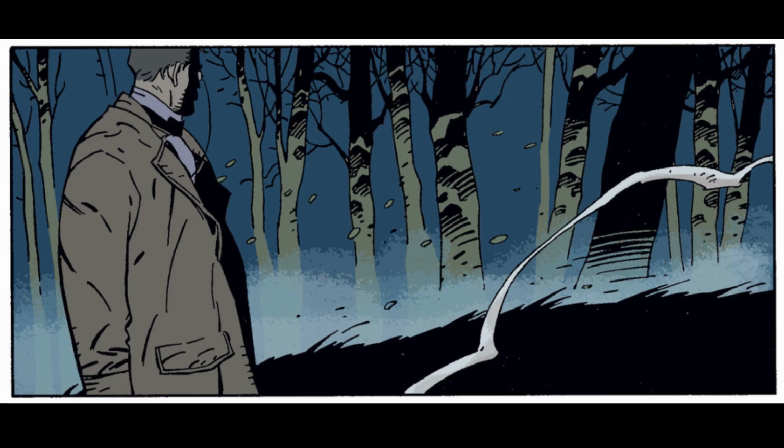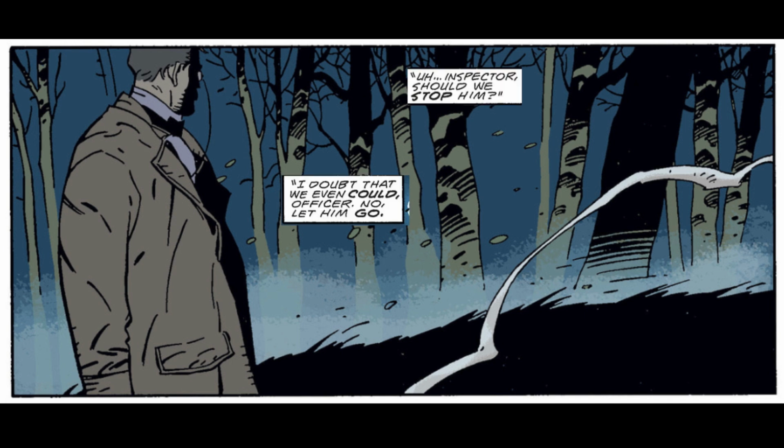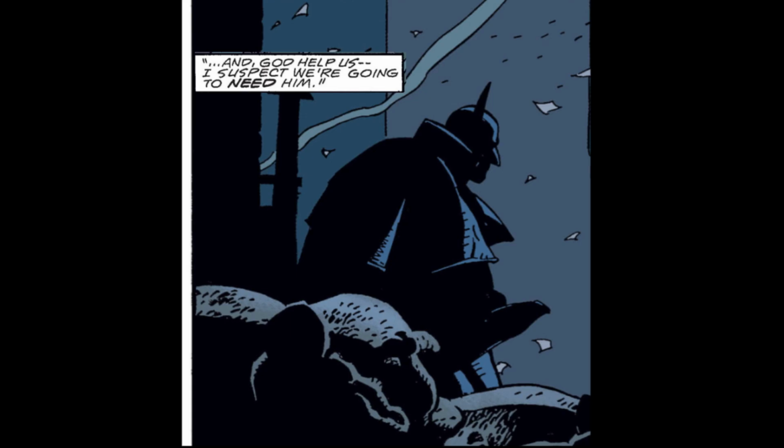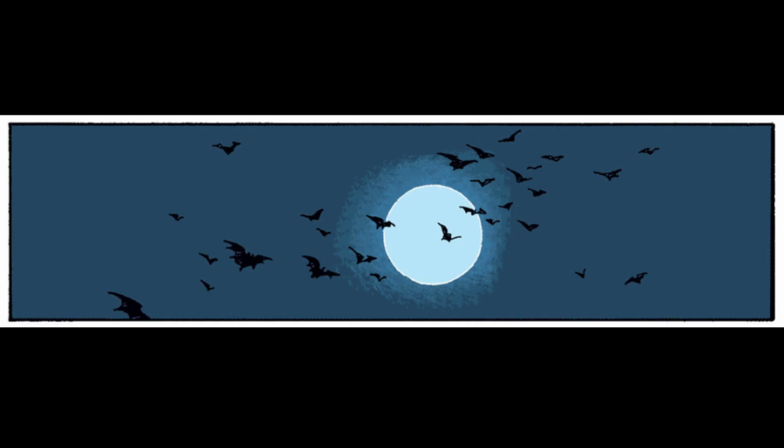And then the officers who were there, they're asking Gordon, should we stop him? And then Gordon just says, I doubt that we even could. No, just let him go. Because for good or bad, it appears that Gotham has found its guardian angel. And God help us, I suspect we're going to need him. Now that is the end of Batman